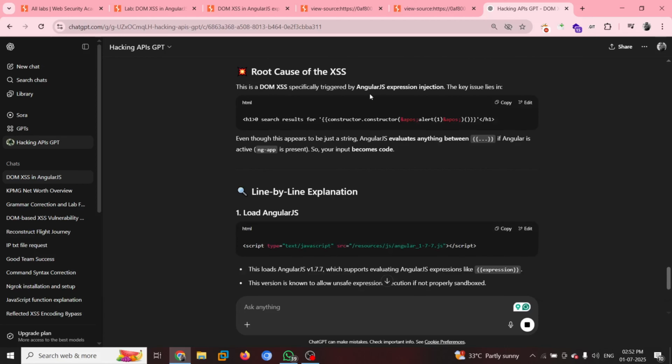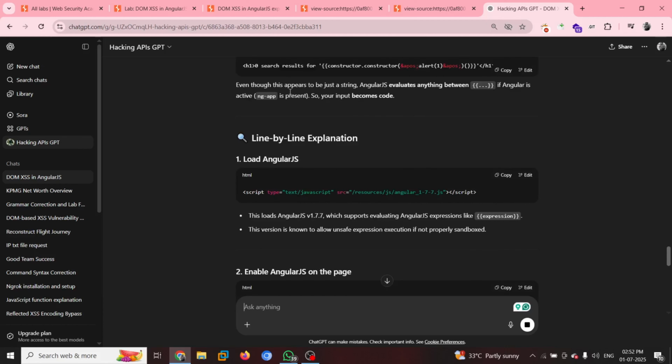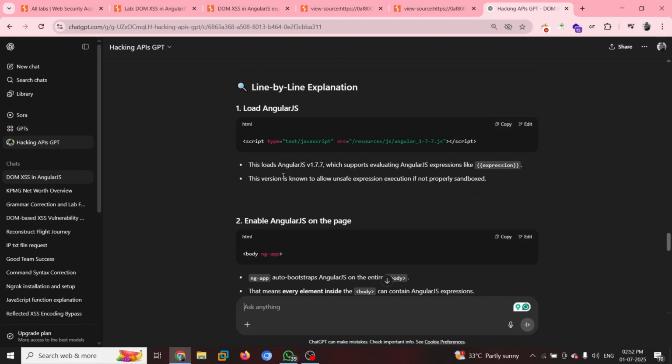This is DOM XSS, specifically AngularJS expression injection. Even though this input is just a string, AngularJS evaluates anything between the curly braces if Angular is active in the app, so your input becomes code. This loads the Angular version that supports evaluating Angular expressions.